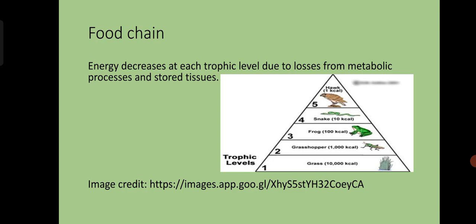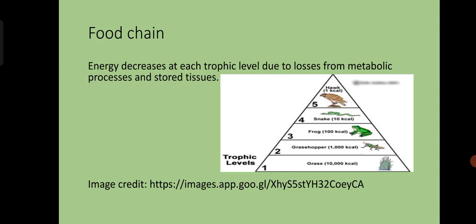wasp. So in this chain, grass, that is the primary producer, is consumed by grasshopper, that is the primary consumer, which is then eaten by frogs, secondary consumers. Frogs are consumed by snakes, that is tertiary consumers, which are finally hunted by hawks, that is quaternary consumers. So a food chain shows how energy flows from one organism to another and how each species relies on others for